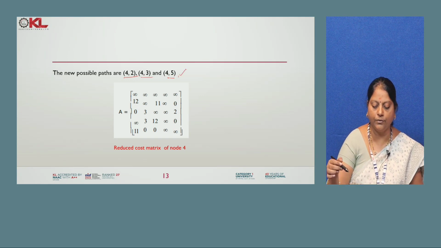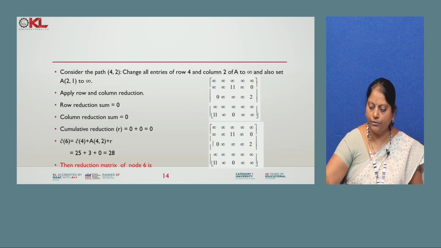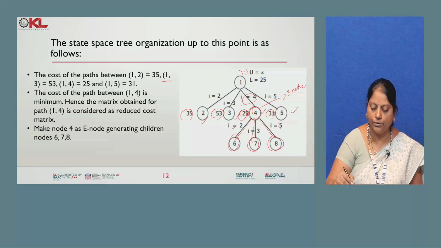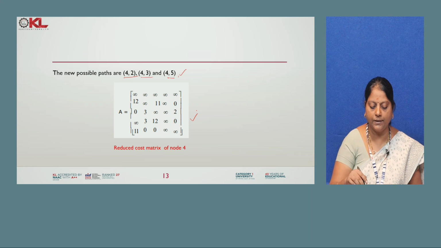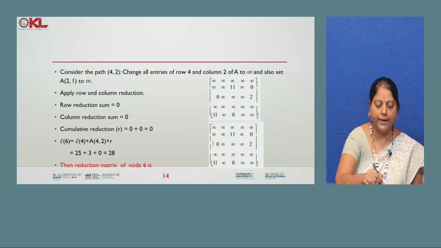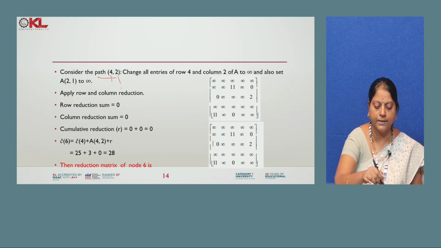For these paths we have to find the cost matrix. For this the reduced cost matrix is updated. So in this we have to take the cost of the fourth node. The reduced cost matrix of node 4 we have to consider for finding the cost of its children. So this is the reduced cost matrix of node 4. Next, we have to find the cost of the path from 4 comma 2. Same process we have to apply. So fourth row and second column,